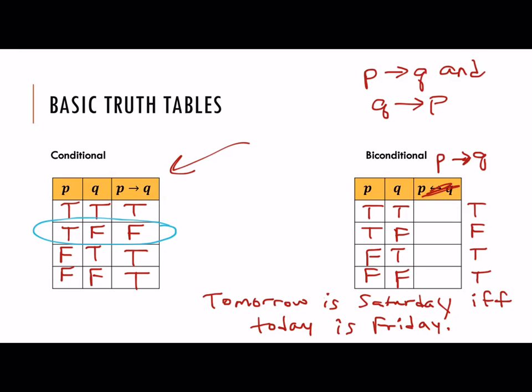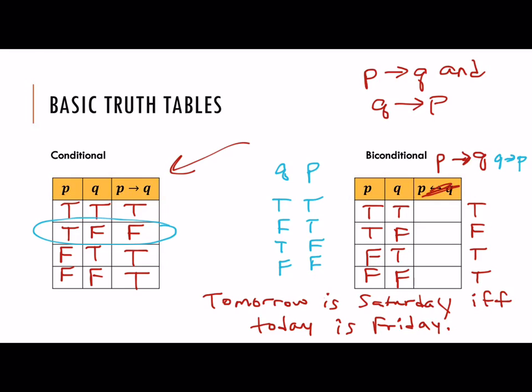Now I also need to look at Q, if Q then P. So I'm going to read this backwards, right? So I'm checking to see, is it true if today is Friday, then tomorrow is Saturday, right? So I'm going to look at these letters in the truth table backwards. Okay, so I'm going to look at Q first, TF, TF, and then P, true, true, false, false,